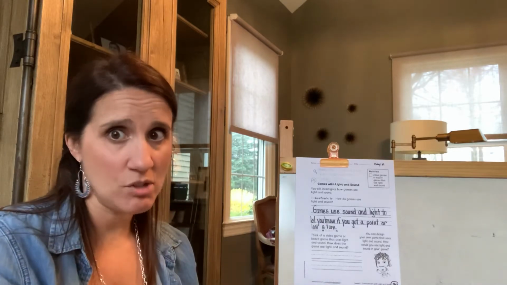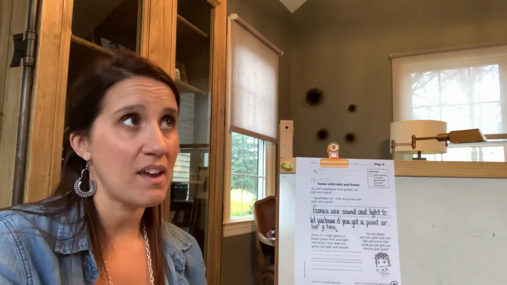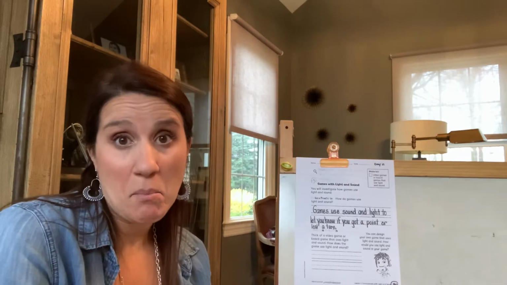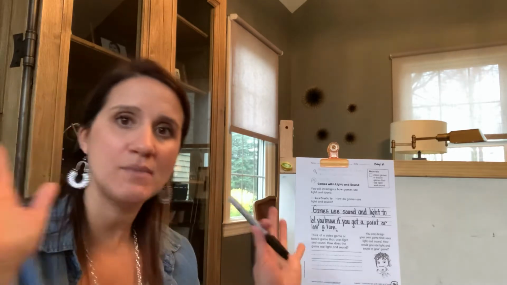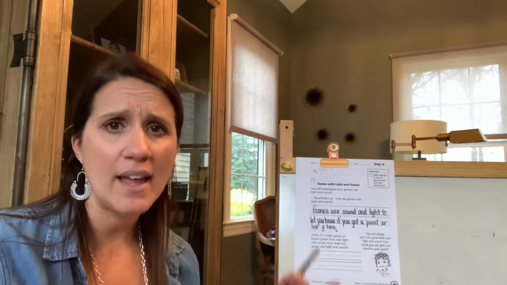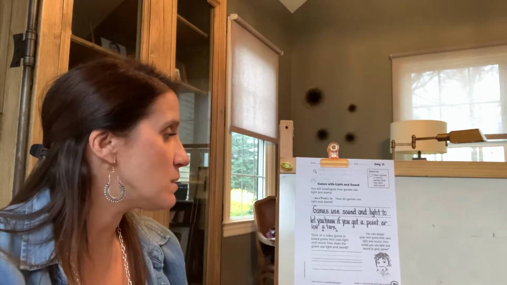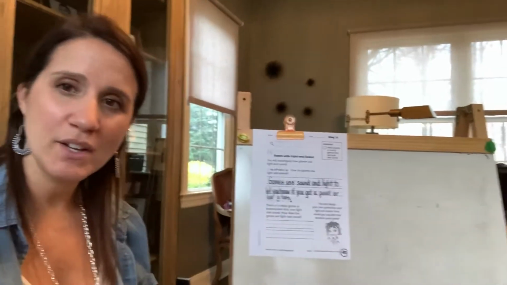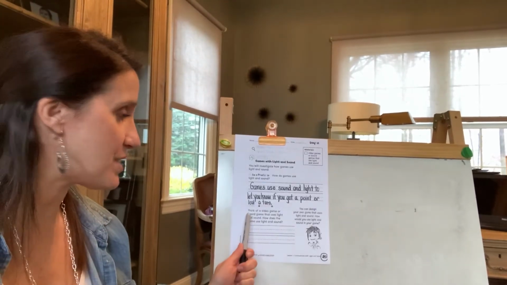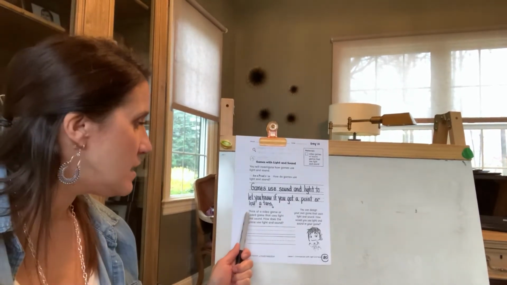There's other guesses that you can put here as well, but this is what I put for mine. Games use sound and light to let you know if you got a point or lost a turn. There's other things too. Like afterwards, I was also thinking that sometimes games will use a timer to tell you that time is up. Sometimes there'll be a buzzer, buzz, right? And then the time is up, or a light will flash of some sort. So let's take a look at what we're going to be doing as scientists today. Let's look at this second part here. I always like to read the directions very carefully. So it says,